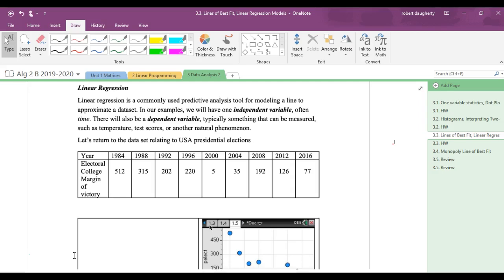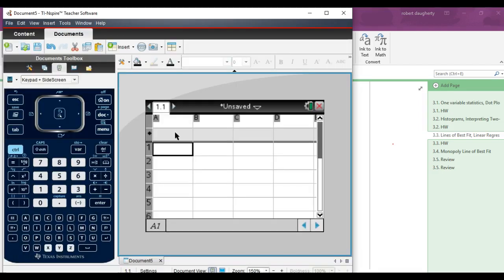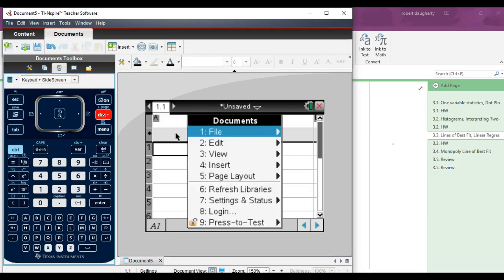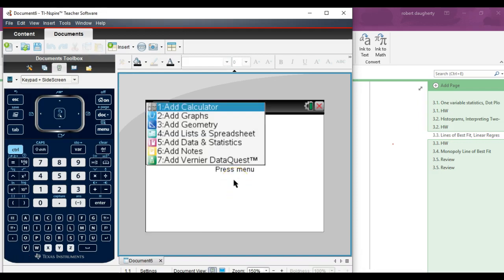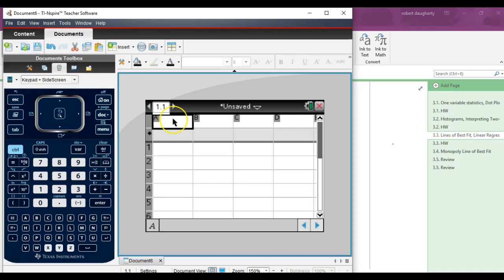So we need to be able to enter this, and I'll just go to my calculator. If you're not there, it's a new, what kind of document? To enter the data, list and spreadsheet, okay? So I'm gonna go ahead and enter this in. I've got the year, and I've got the Electoral College margin of victory. So I'm gonna enter that data in. You can follow along. So I'm just gonna put the election year, it has to be one word, and Electoral